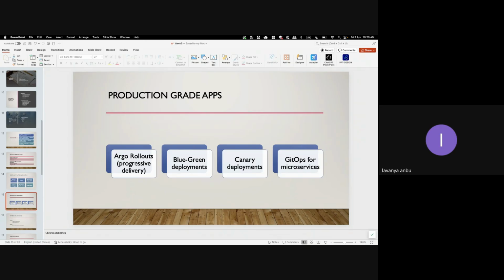Right. So moving on to the rollouts. So they claim it as progressive delivery. So how you can configure two,